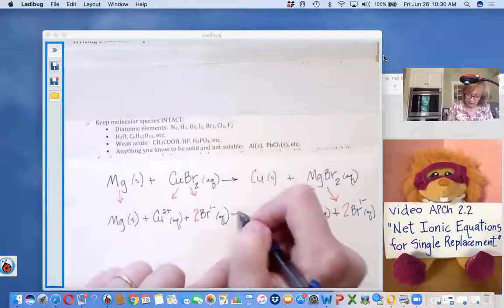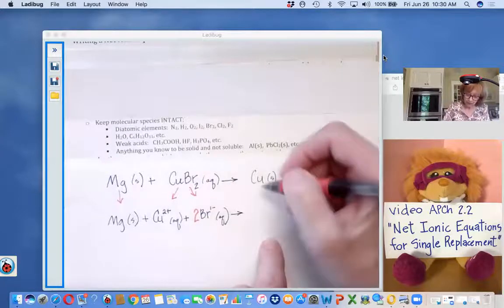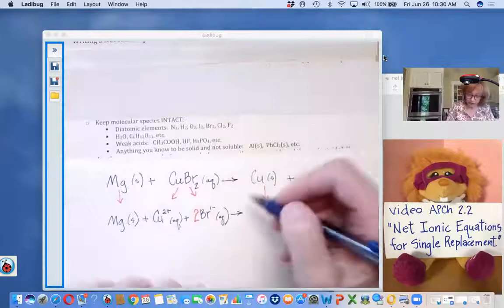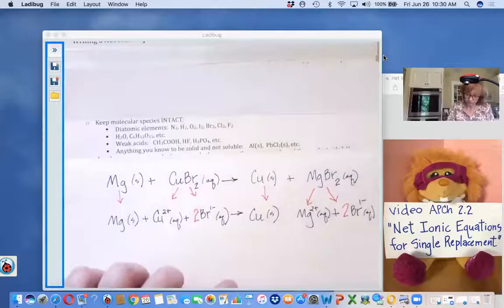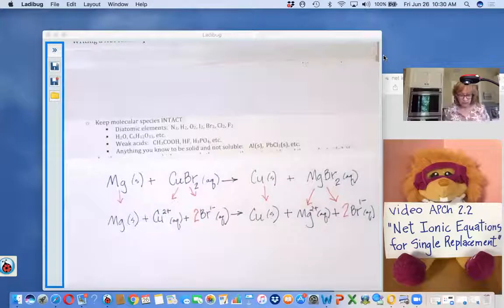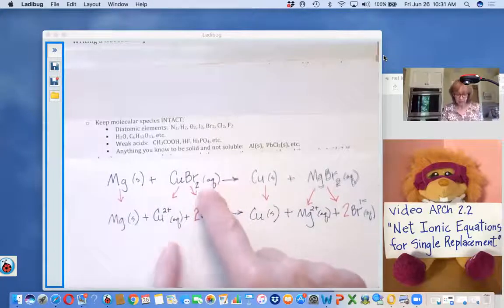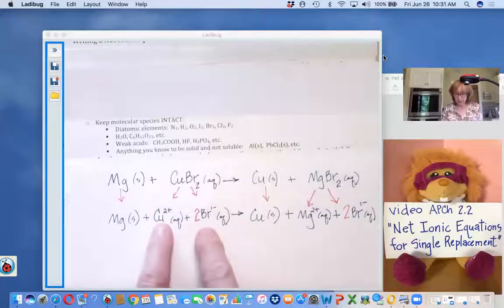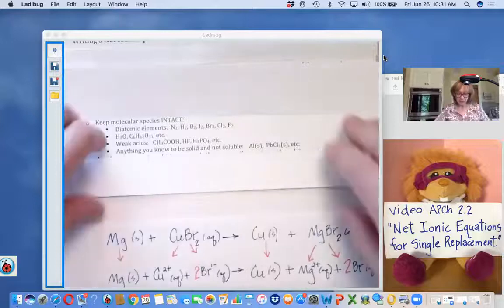And on my product side, the same thing is true of copper. Copper metal in a beaker of water is just going to exist as a chunk of solid copper. All right, so what I've got here is aqueous materials that I know dissolve. I've shown them as separated ions. And the things that don't dissolve, I've shown them as solids. Okay, the last thing to do